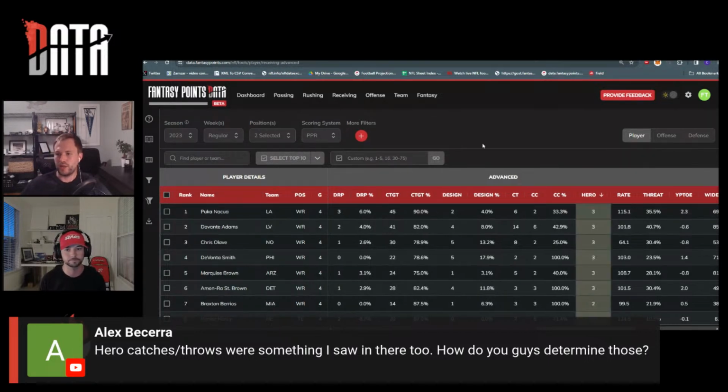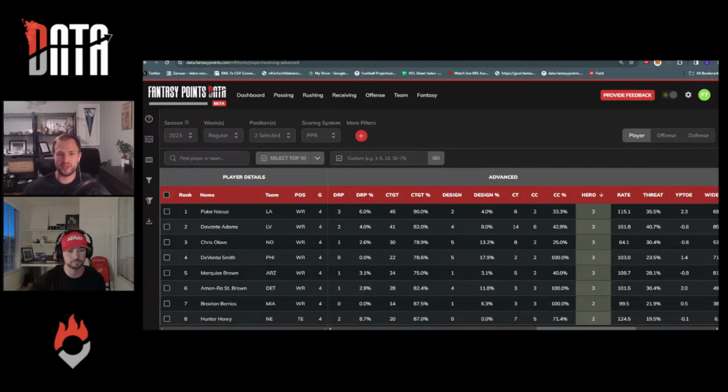Yeah, so hero throws are probably the more common of the two. They are basically any kind of high leverage throw that the quarterback is making, and he doesn't necessarily have to complete it, because receivers can drop balls and whatnot. That shouldn't penalize the QB. It's typically going to be a pass that is 15 to 20 plus yards down the field, your deep vertical go routes where he hits the receiver in stride. It can be a perfectly placed end zone throw. Game situation can matter a lot.